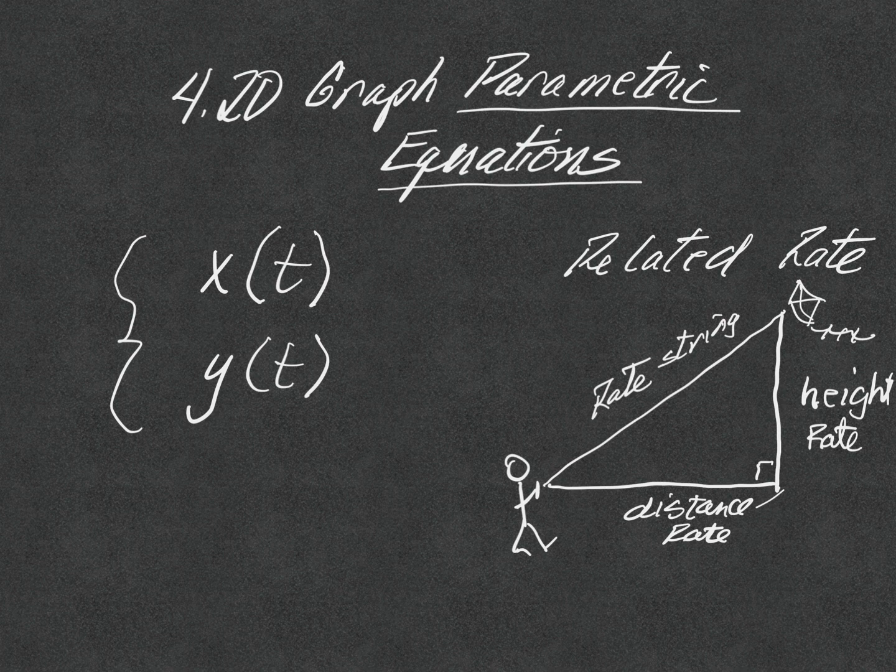Now, in fact, this distance will typically be like the wind, right? The distance the kite is away, that rate will be controlled by the wind. So it's like a wind rate that's pushing the kite away from you. And then there's a string rate that you let it out. And then sometimes what you want to do is find how fast the height is changing or something like that. But all of these variables, distance, height, and then the hypotenuse, which is the string, are